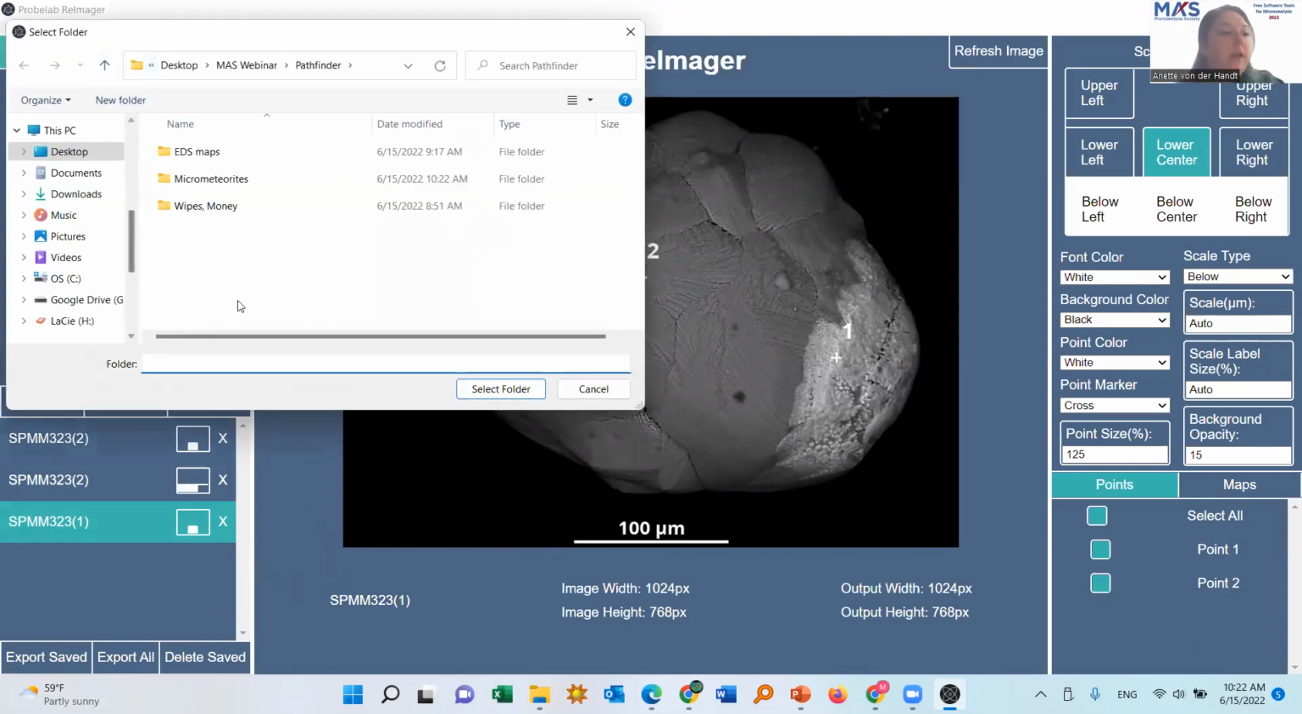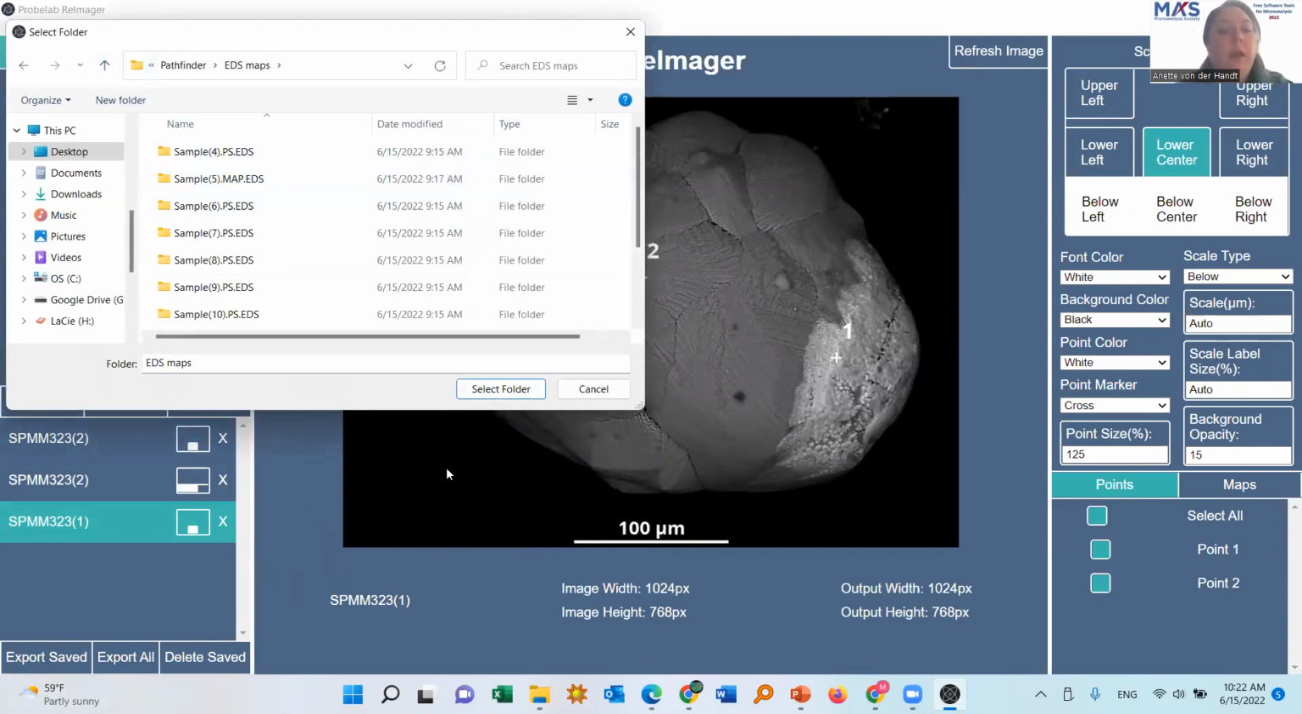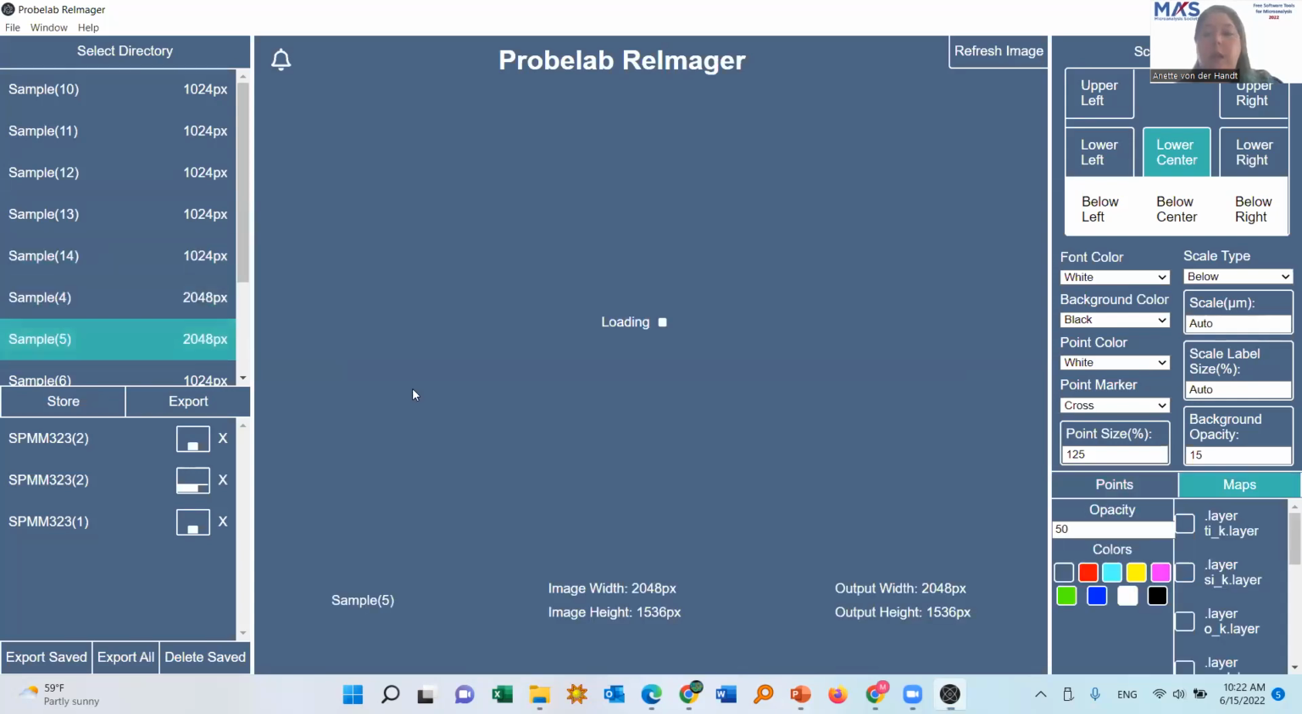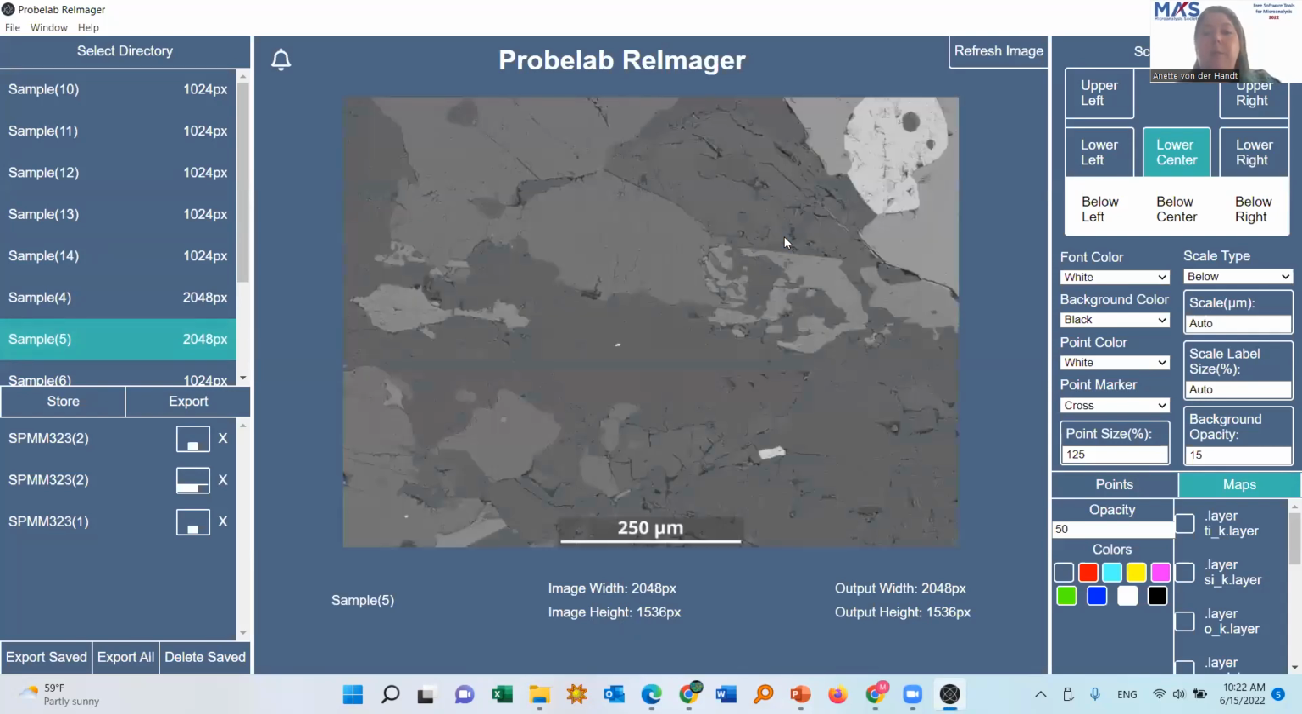Okay, so this is when we have points on it. Let's say we have an EDS map. I open a different folder. Again, I can mix and match different resolutions. And so here is an example where I also have an EDS map. So now it automatically switches over to the maps. And there I have the option to